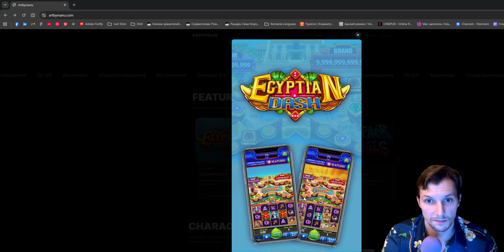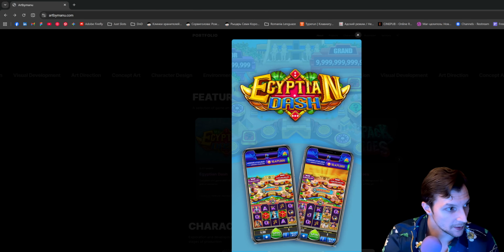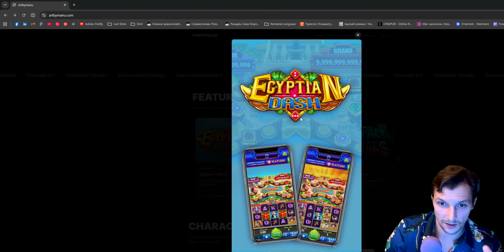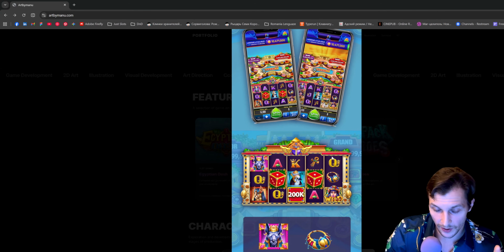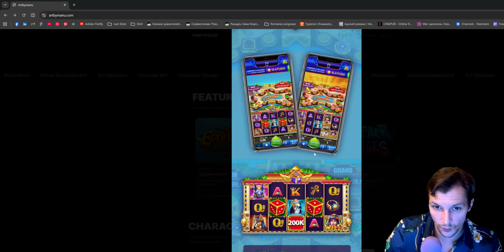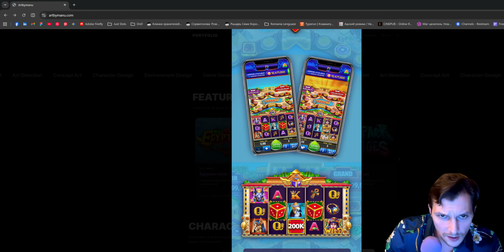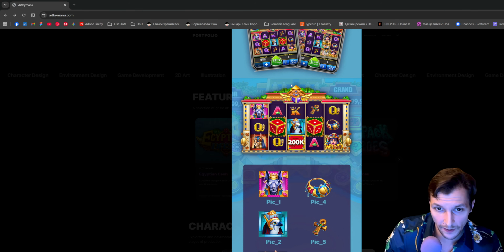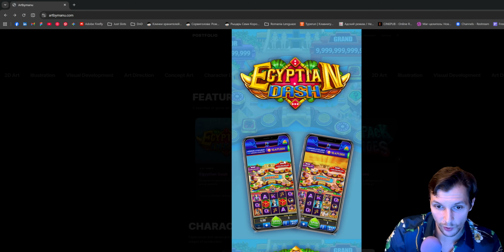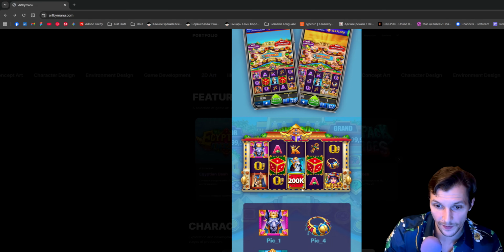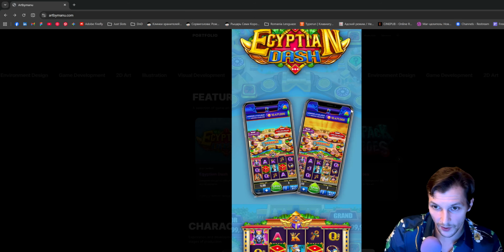As we started with iGaming and slots, let's go with the product Egyptian Dash. It looks like a finalized project which was released somewhere, and so we have a solid result. What I would like to see here before, maybe, is the final product as screens, to see the finished look and then the details of the product itself. Maybe I would like to see the UI, a final view without perspective, in maximum quality on the start.